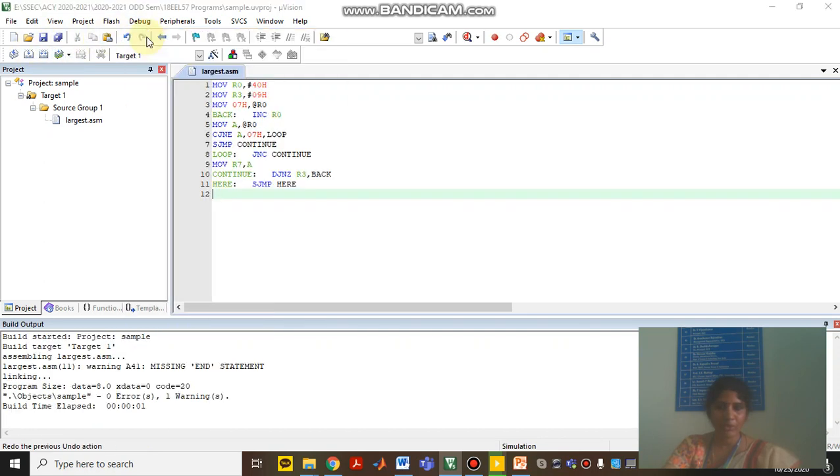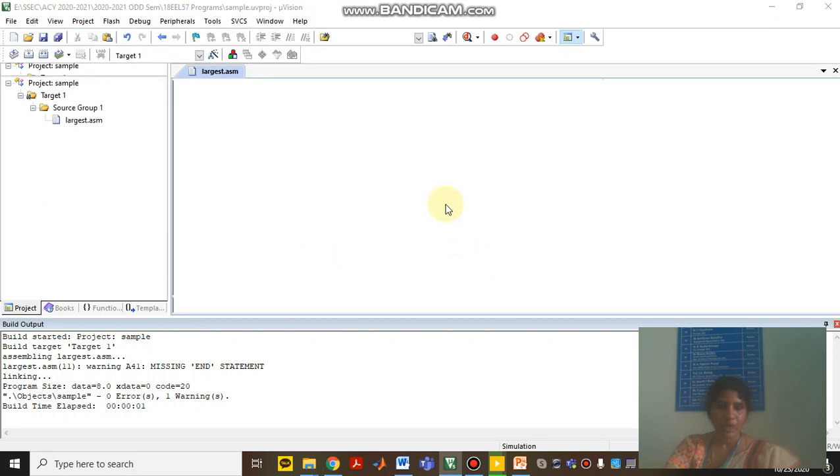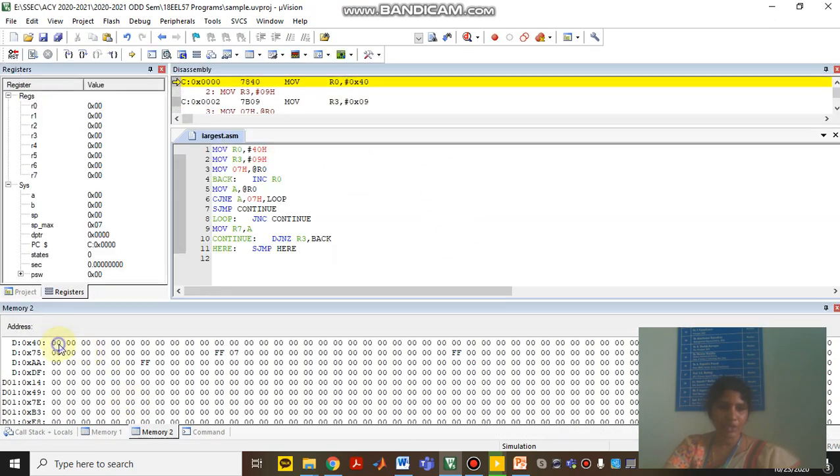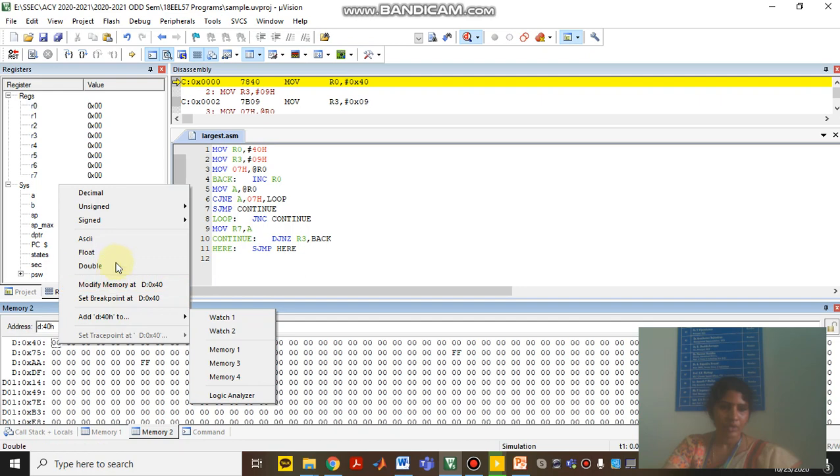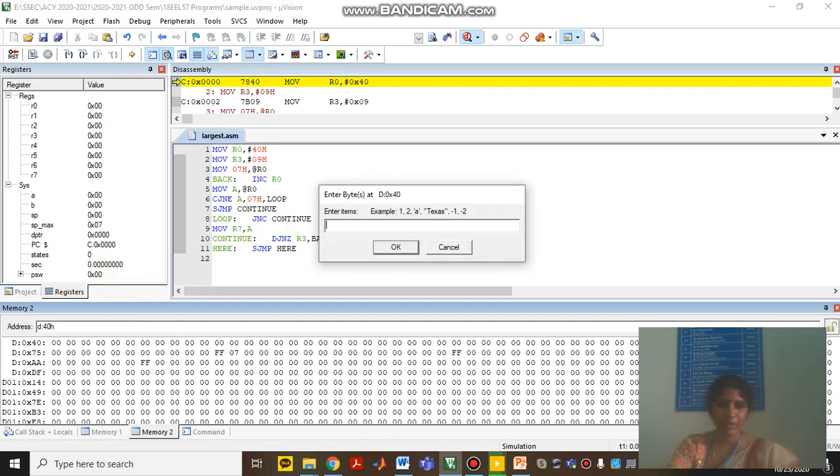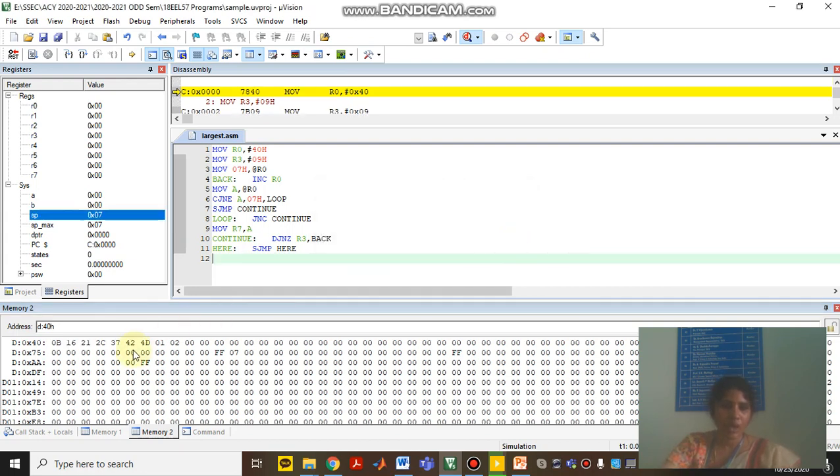Then you have to go for start stop debug session. After that, give the data over here. So here I can give modify memory 11, 22, 33, 44, 55, 66, 77, 01, 2. After giving it over here, after executing, you can find the smallest number.